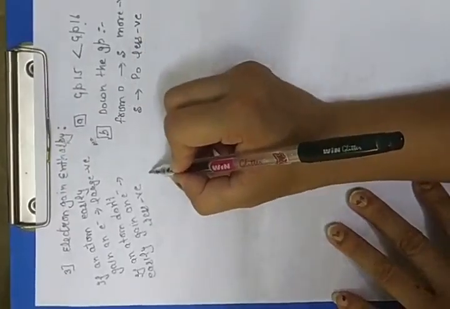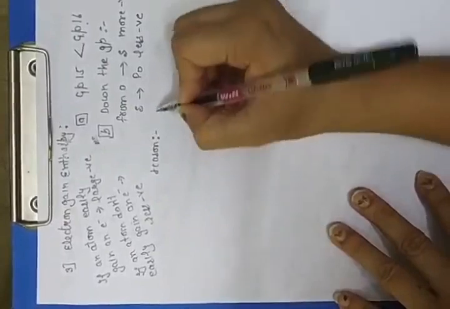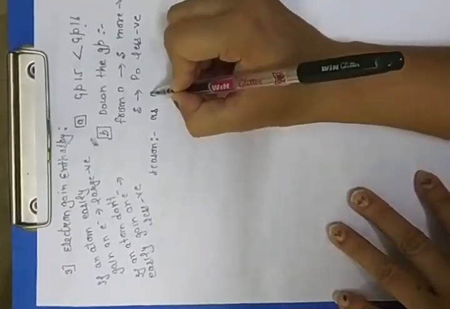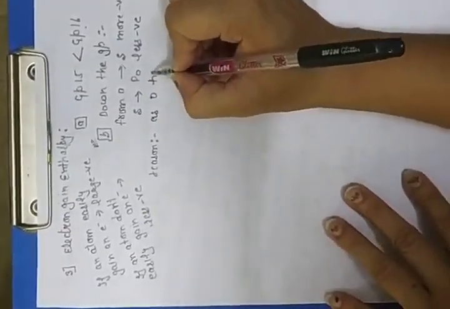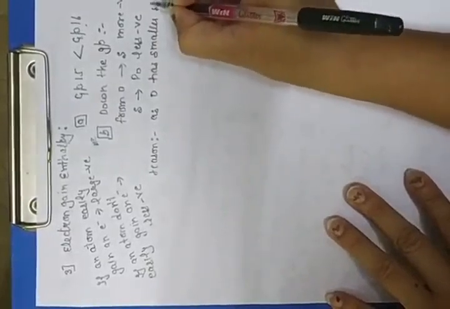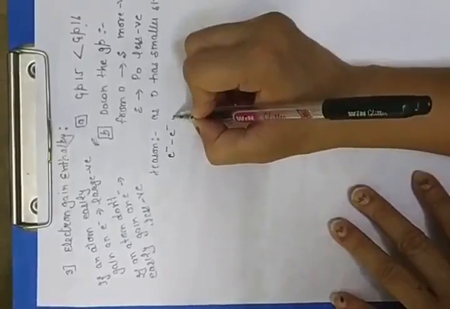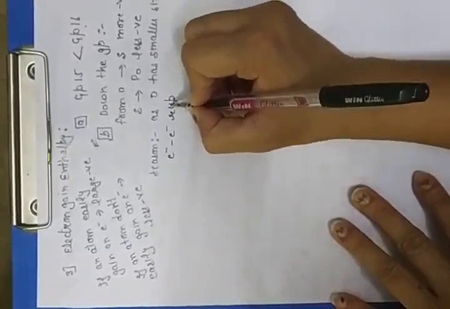Why is it so? Reason: as oxygen has a smaller size, so what happened? Electron repulsion